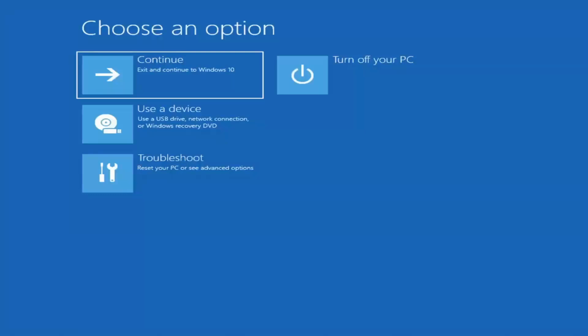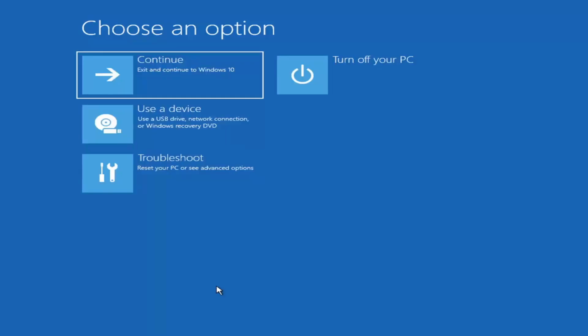So first thing I'd recommend doing would be to boot to the troubleshooting utility on Windows 11. If you do a hard power off 3 times in a row, Windows should automatically attempt to launch the startup repair utility. And if it doesn't find anything, it will give you the option to select advanced settings, in which case it would take you to a screen that looks like this. Now, if it does not take you to a screen that looks like this, or you're unable to get to that,